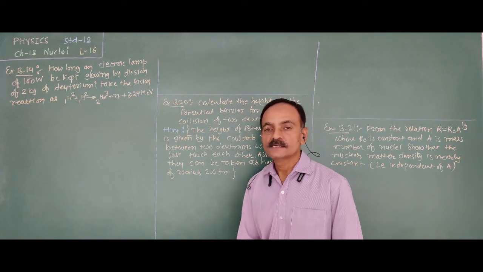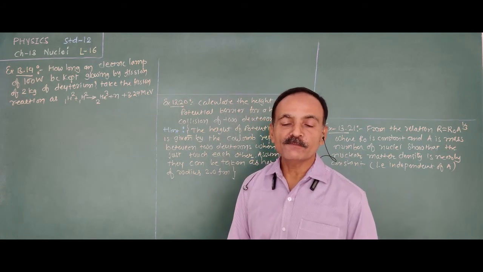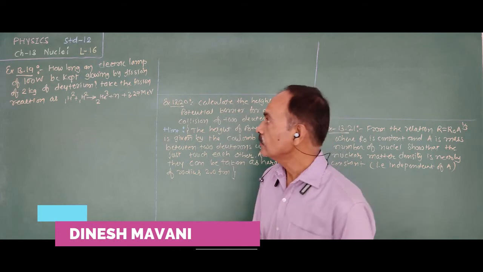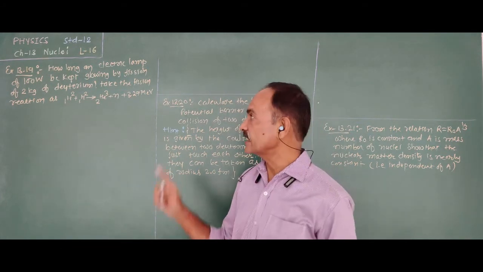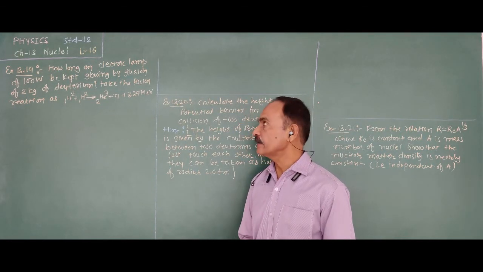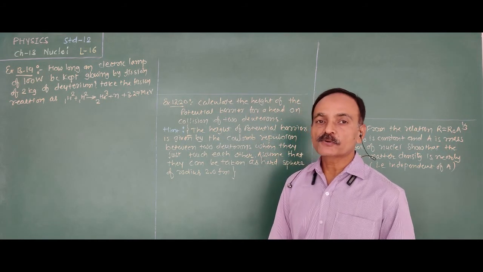Good morning friends. In chapter 13, Nuclei, up to 13.15 numericals of the exercise we have discussed. Now today, 13.18, we discuss 13.19. How long can an electric lamp of 100 watt be kept glowing by fission of 2 kg